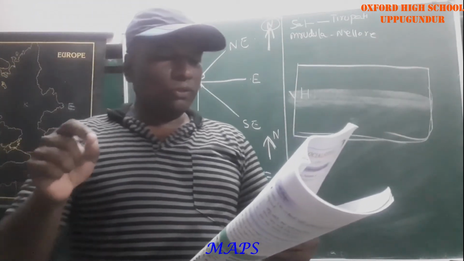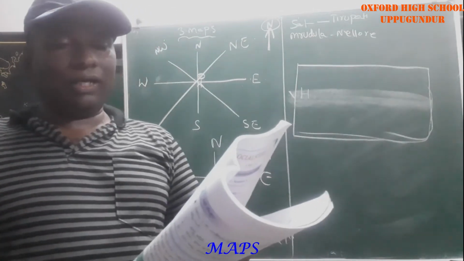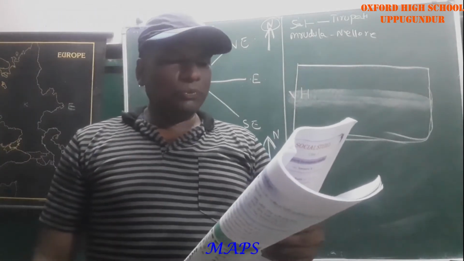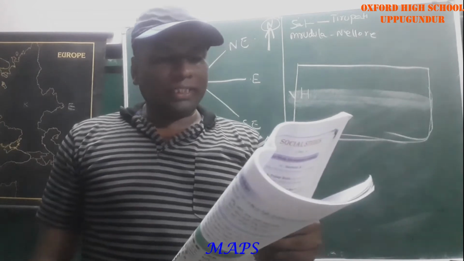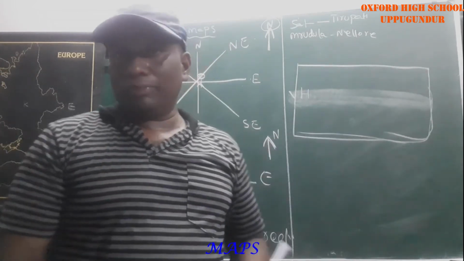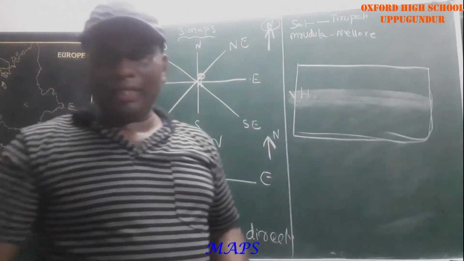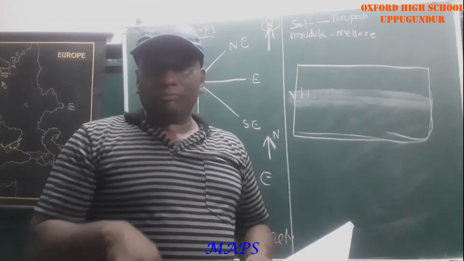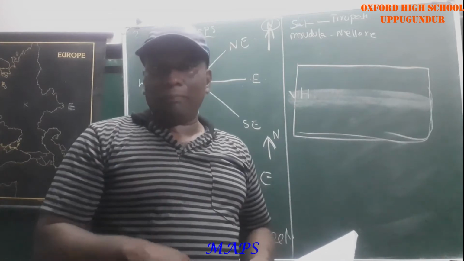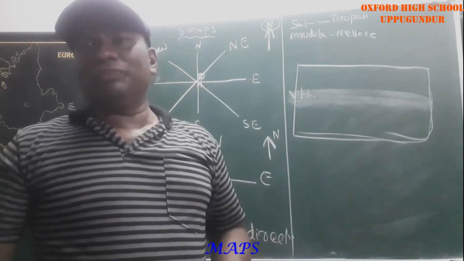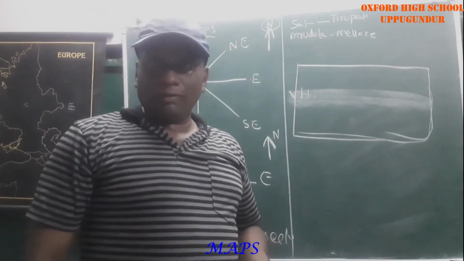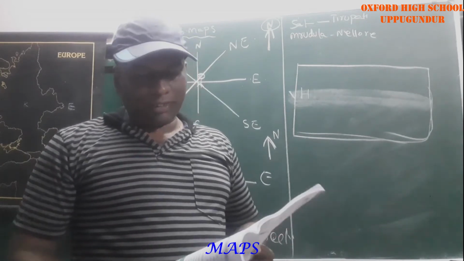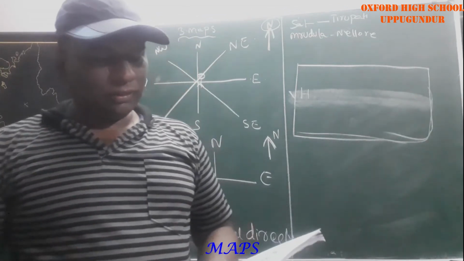If we don't know the language of an area, without asking someone for directions, you can get that information from maps with the help of symbols. If you don't know anybody in a particular area, then if you find the symbols in the map, you can easily find the location by using that map. Okay? Do you understand? So that is the third component.